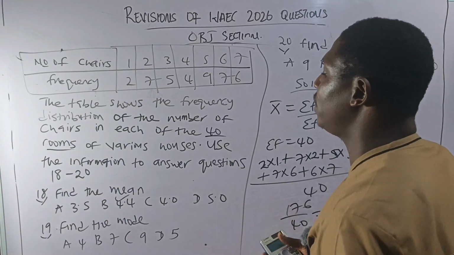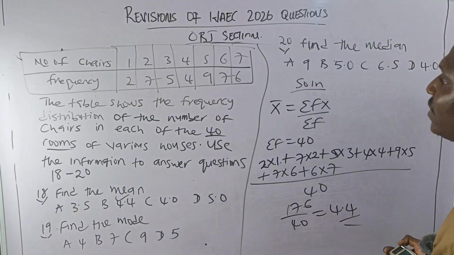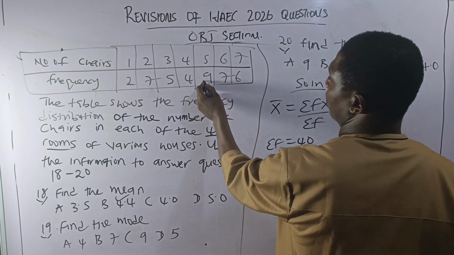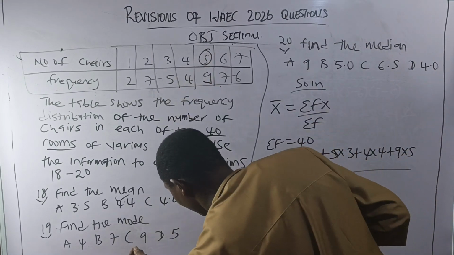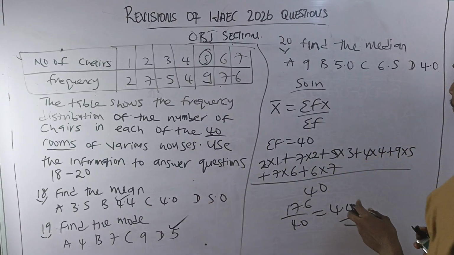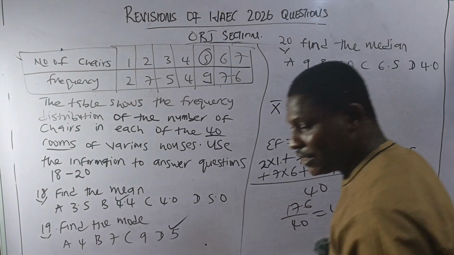The mode is simply the number with the highest what? Frequency. The highest frequency is 9. Highest frequency is 9. So my mode is what? 5. So that follows with what? Option D. Then our question 20 says